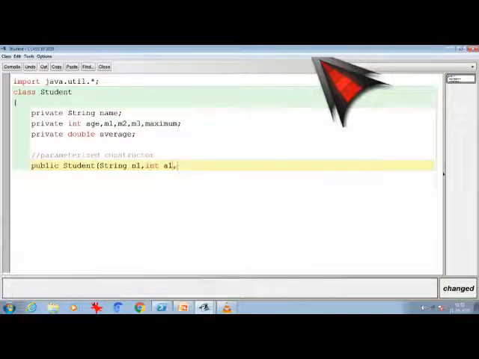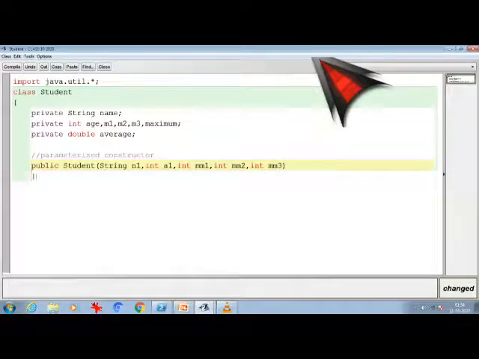For the first subject's marks, I'm giving a resembling name, so instead of M1, I'm giving MM1, the second as MM2, the third as MM3. Maximum and average I'm going to calculate, so that's it.